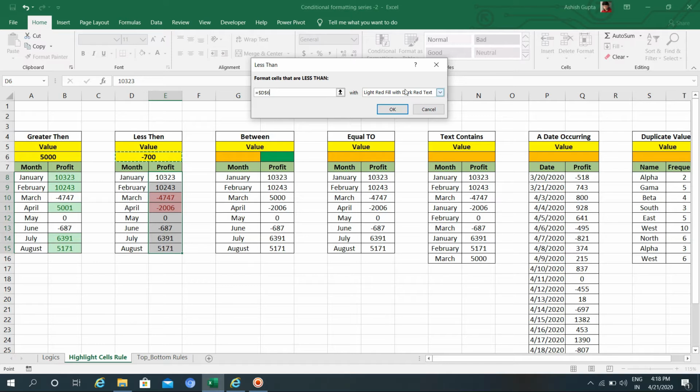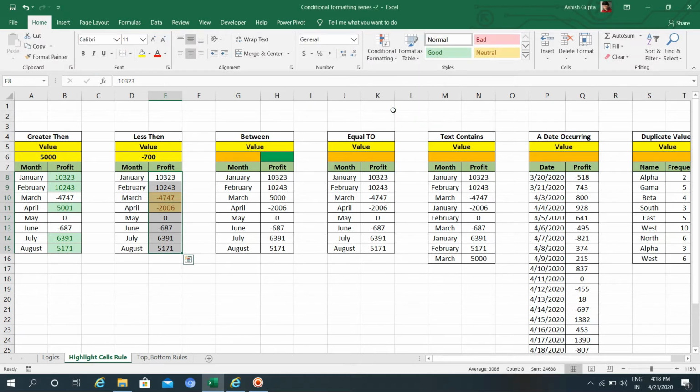I will highlight in yellow color, so I will select yellow fill and click OK. Right now this value is minus 700, so any value less than minus 700 shows in yellow color. If I say minus 1, then any value less than minus 1 shows in yellow color.